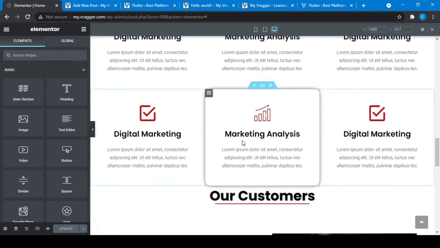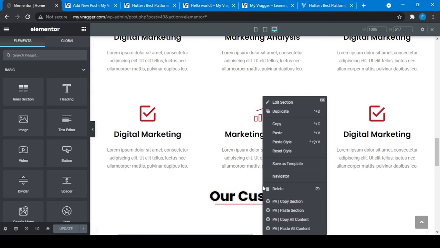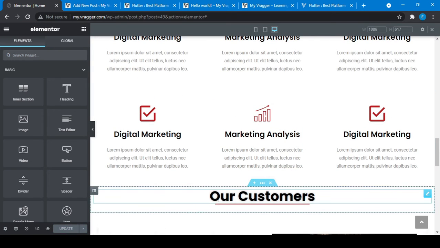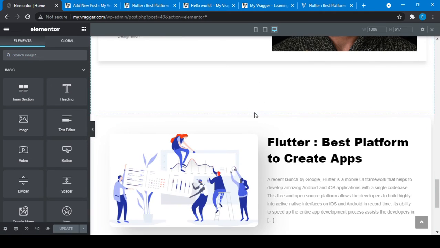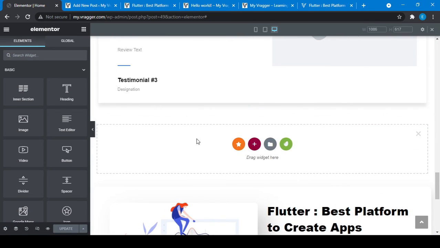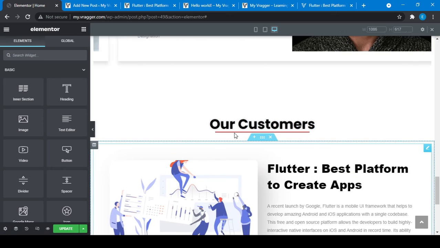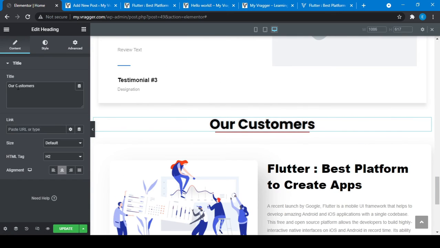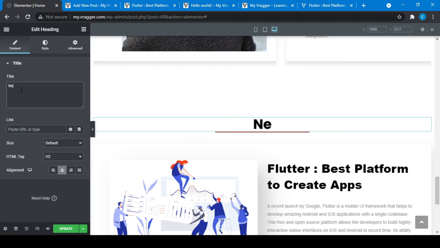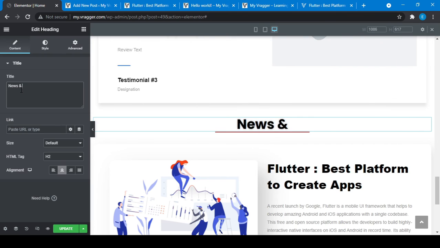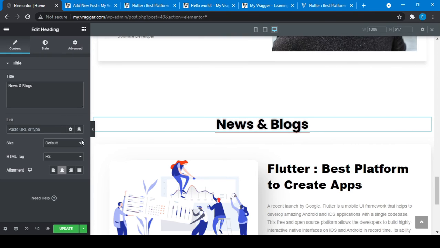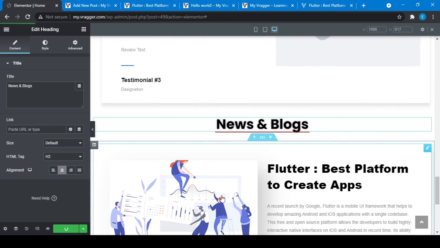Now we also have to put a heading here, so I will copy this, copy. After that, paste. The heading will be news and blogs. After that, update it.